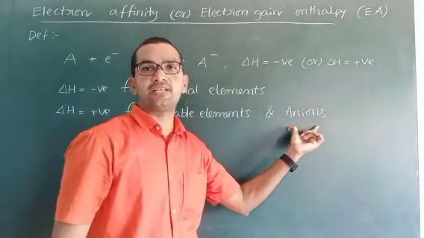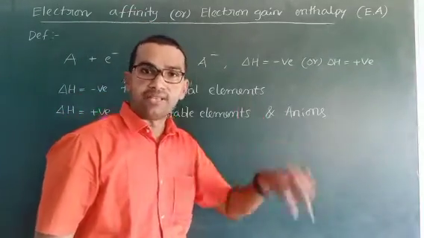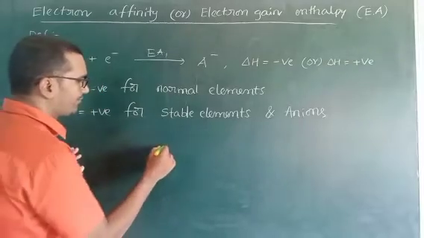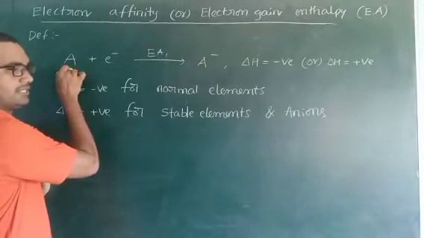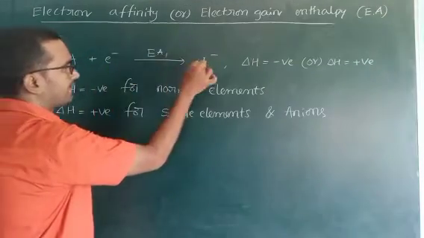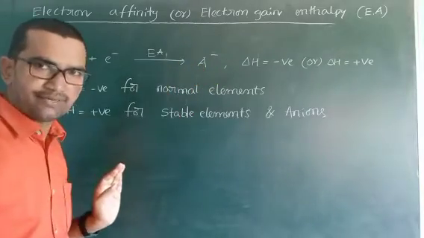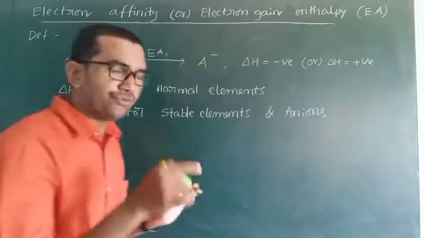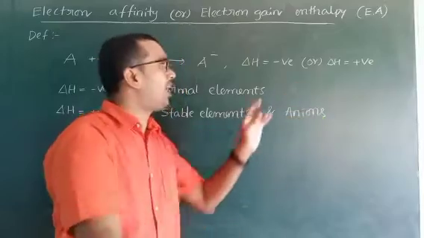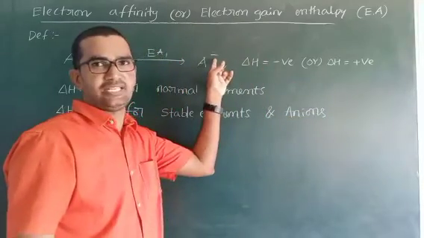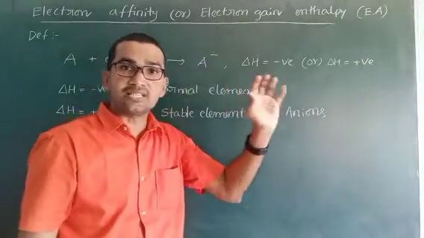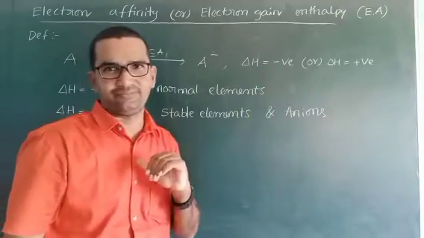anions. Sir, why are anions not releasing energy, sir? Anion means, see all of you. This is one element. If you add one electron, it is converted to A minus. Now, if you try to add one more electron, one extra electron is already added initially, the first electron. That electron does not give a chance for another electron to come.